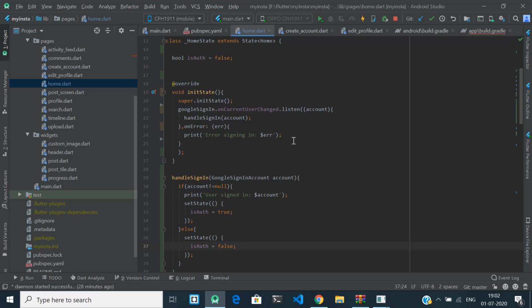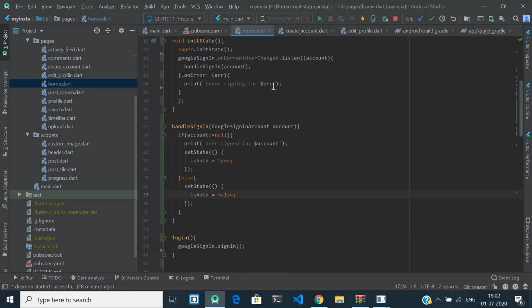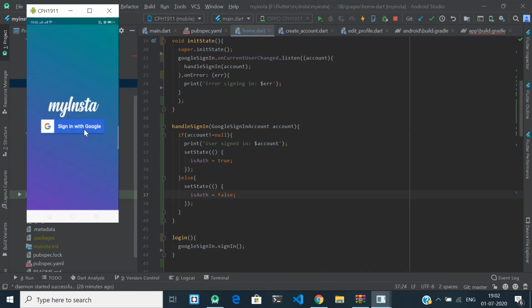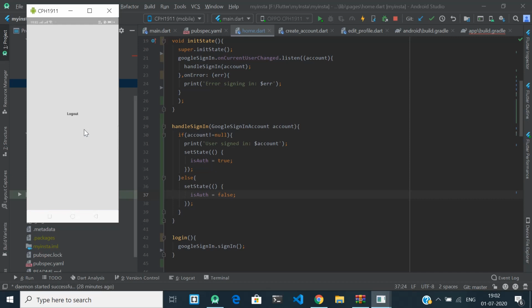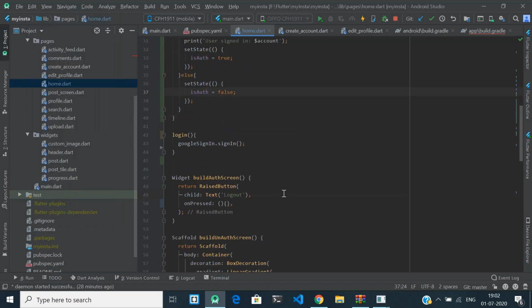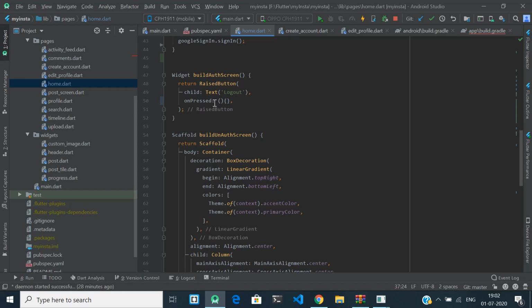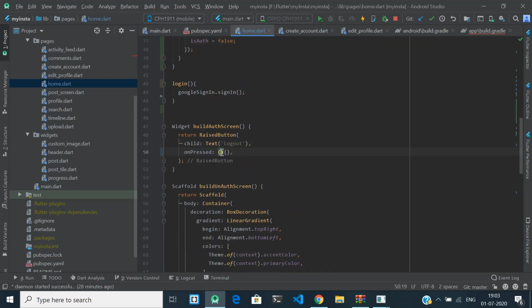Now you can check whether it is working or not. So run it again. Go here. As you can see, it was already signed in. If we click on logout, see, nothing is happening. So let's give the functionality to logout, right? Here is the raised button of logout. Here we can give it logout.